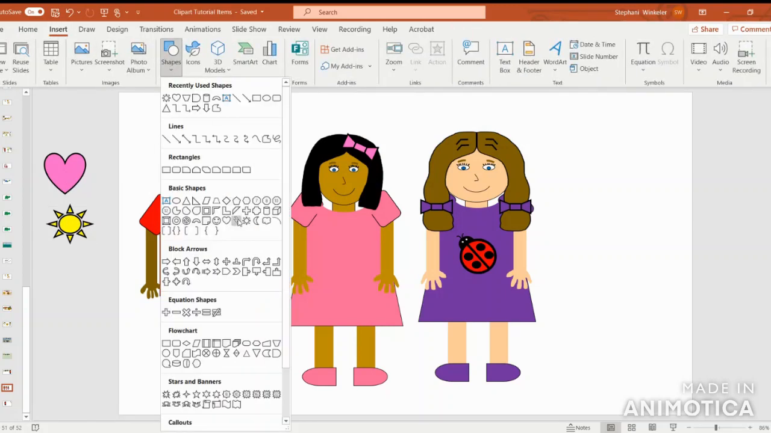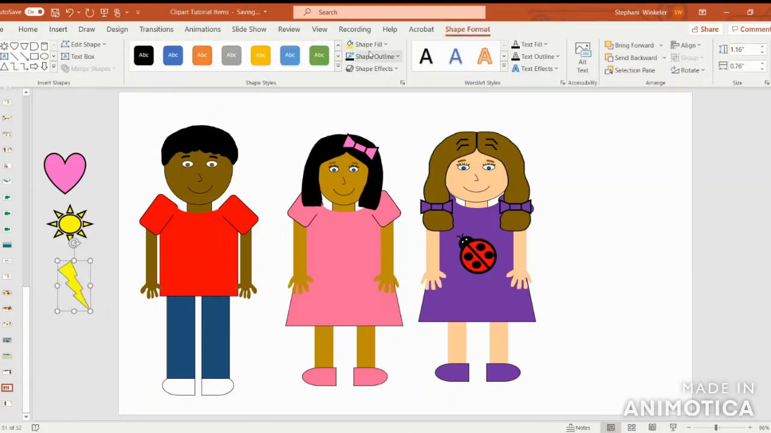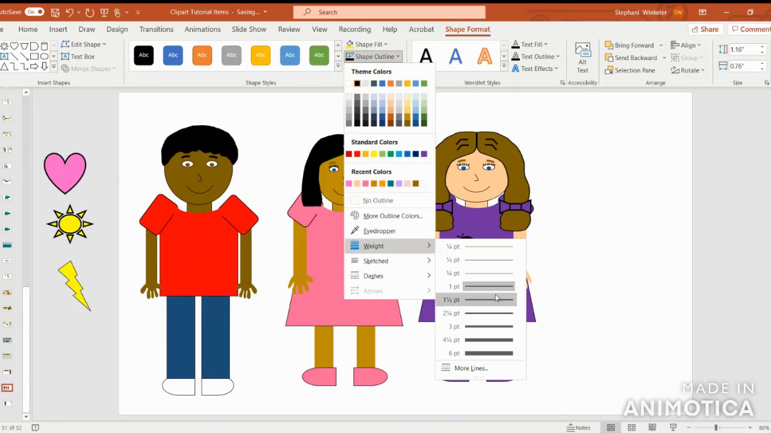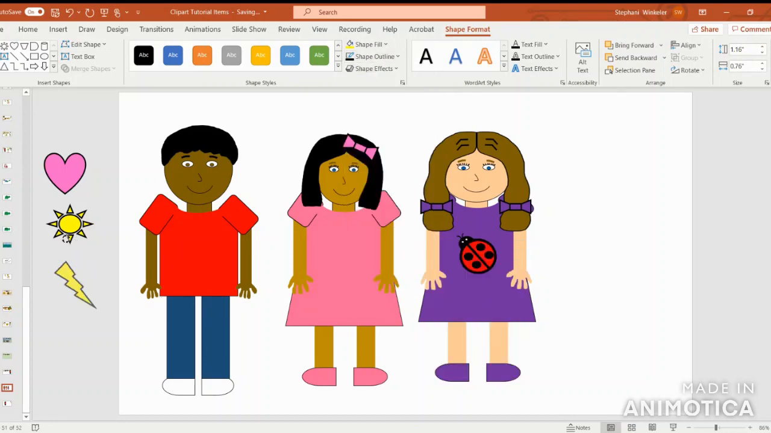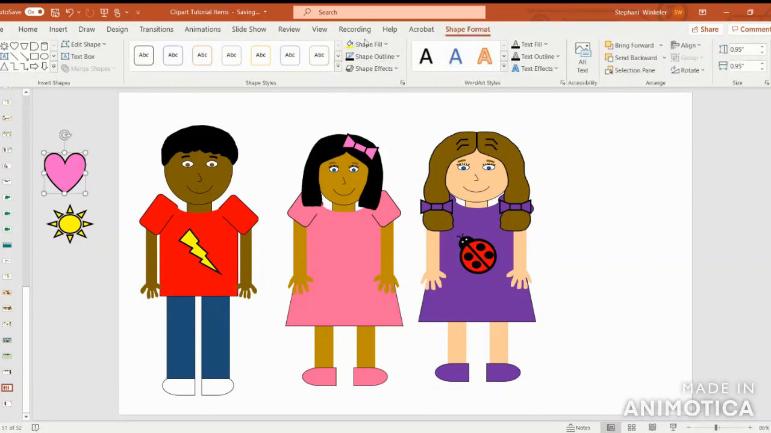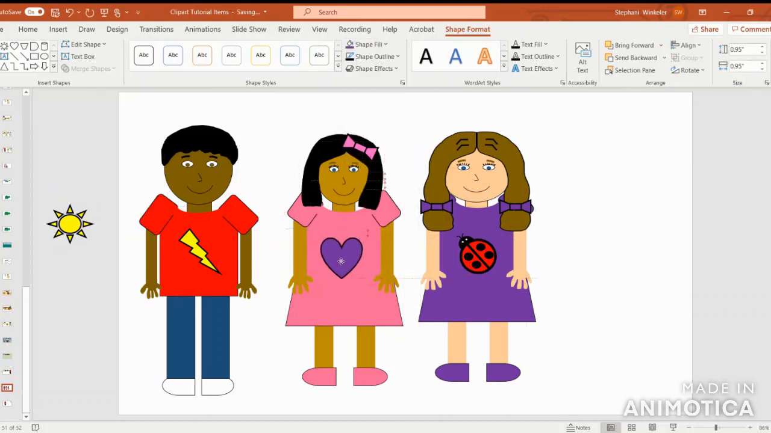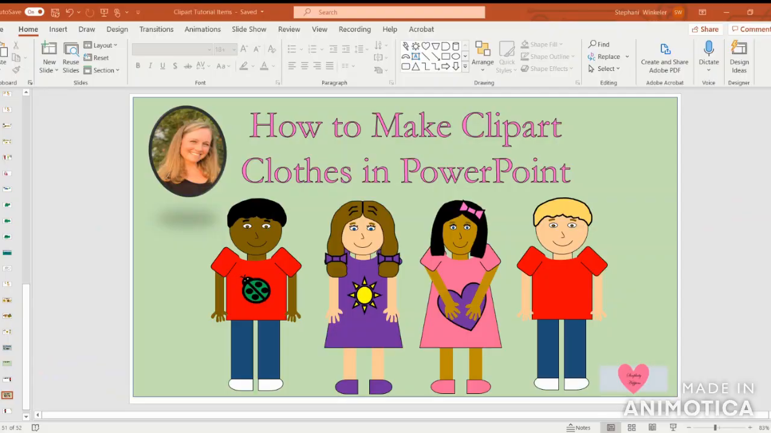All right. And then let's say you wanted to put a cool lightning bolt on one of the shirts. Cool. And then let's say you wanted to do a cute purple heart on another one. You can do that. I hope you have enjoyed these clip art tutorials and the how to make clip art